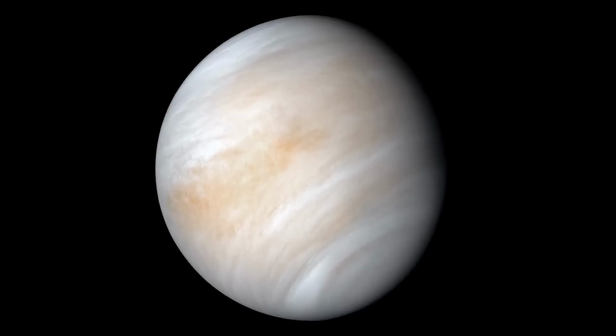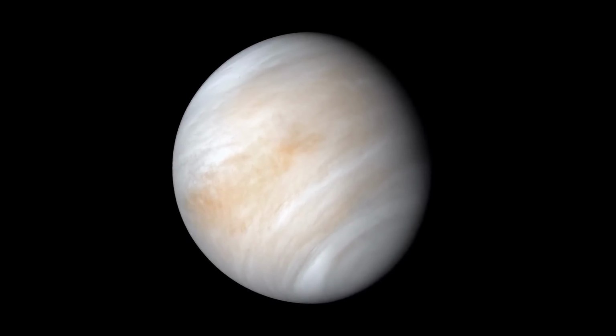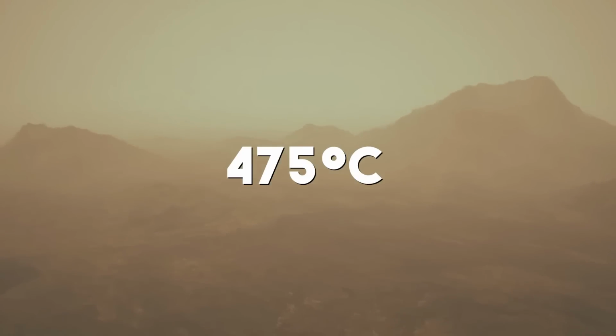The mission expanded our understanding of Venus, revealing key details about its atmosphere and surface conditions. These measurements turned out to be a revelation, showing Venus's temperature to be around 475 degrees Celsius, much higher than